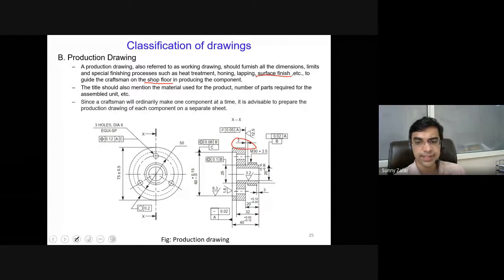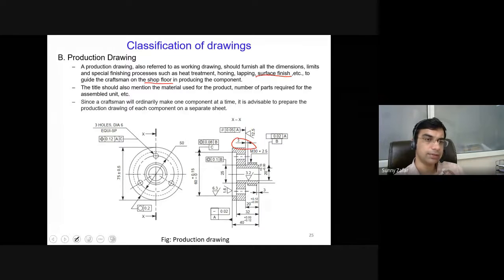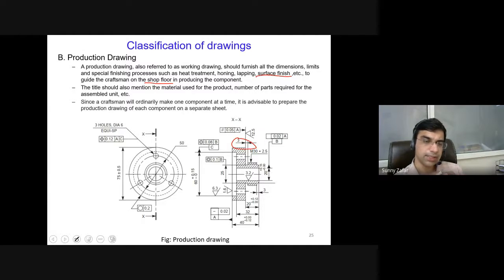Tolerances are basically deviations in the dimension of any part. So why are tolerances provided? The main objective of providing tolerances on any component is that in any manufacturing process, it is very difficult to produce a part with the exact same dimension every single time. Even if you have the most precise machine tools or hand tools available, even with the most skilled manpower, the dimension of the part is not going to come out the same every time. So there will always be a slight deviation.